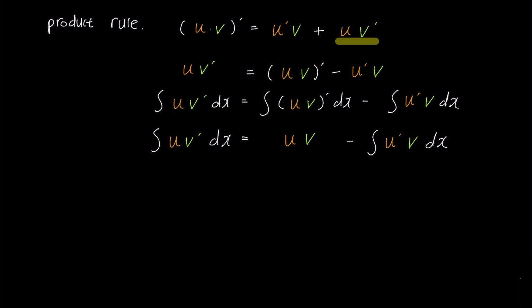Now, all you need to do is identify which part corresponds to u and which part corresponds to v prime in the problem to find the solution. If the problem involves definite integration, meaning that the range of x to be integrated is given, the formula will change accordingly. Let's use yellow to make it more visible.